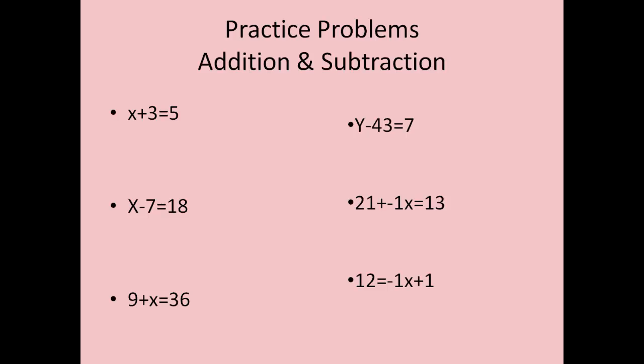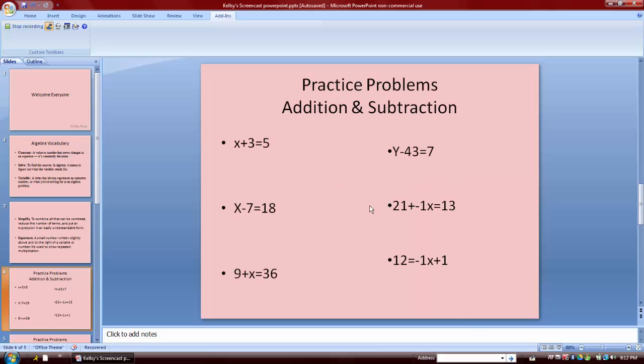So, next are some practice problems, which we're going to start out with addition and subtraction. For the first one, you always want to get your variable by itself. So to do that, you always do the opposite on that side of the equal sign. So instead of adding 3,